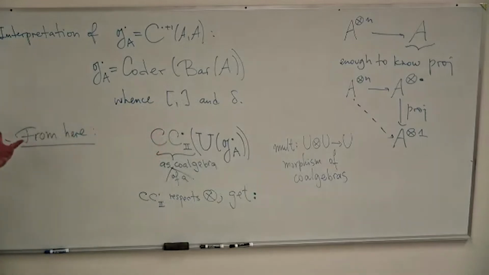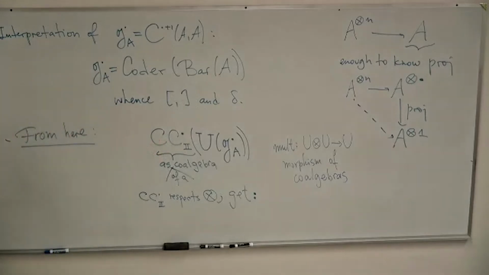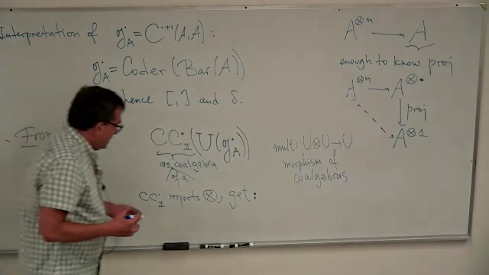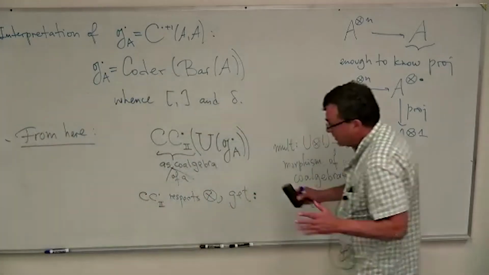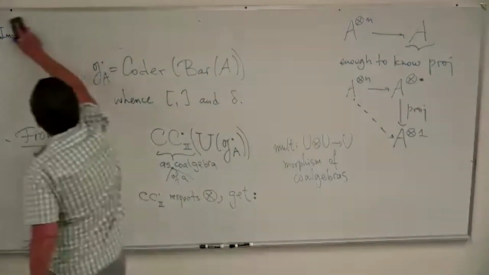We need some little information about, CC is not just some functor, it's a monoidal functor. It does respect a product of algebras, coalgebras. So, and what we get from here is that